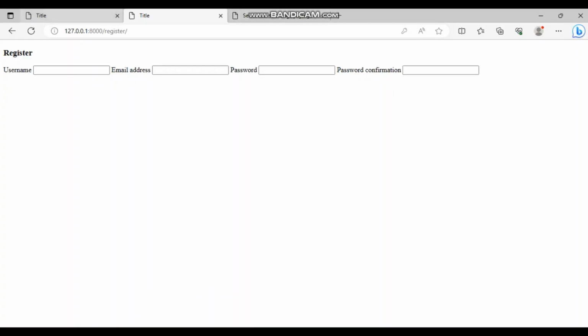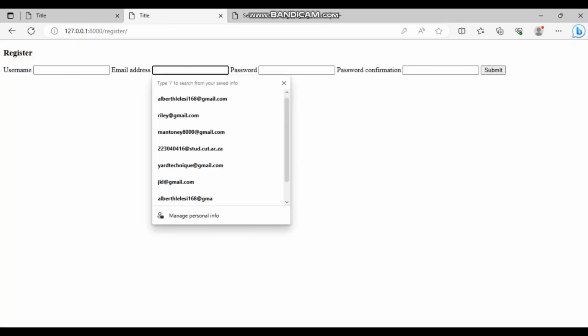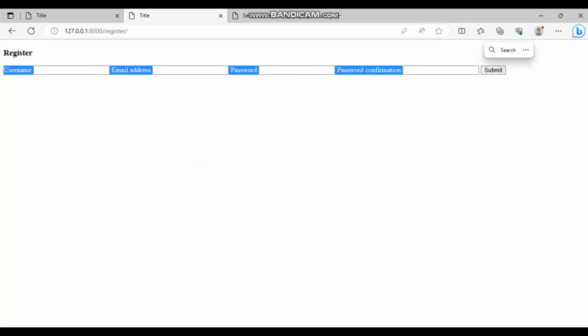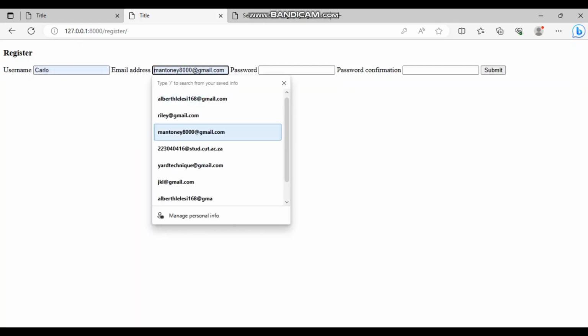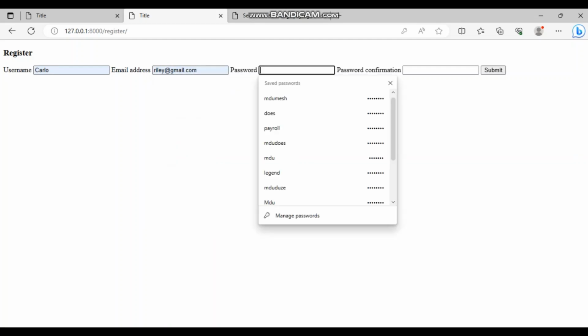It's very important to know how to deal with forms, because they are really interesting. I mean, if you make it up until here, up until knowing how forms work, you are almost there. So let's say this guy is Carlo, email address, I can see it's Riley,